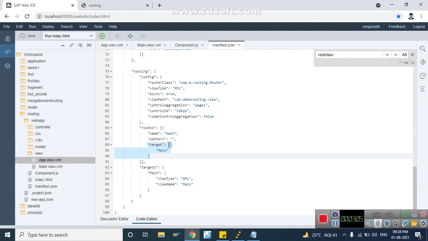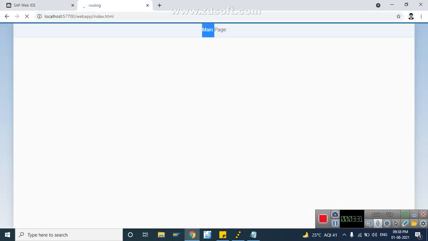The defined target, this is the target list actually. In this target list there is a main target, so we are calling the main target from the target list. Inside the target we define the view name which has to be loaded. For example, if I give main here and reload, you don't see anything.